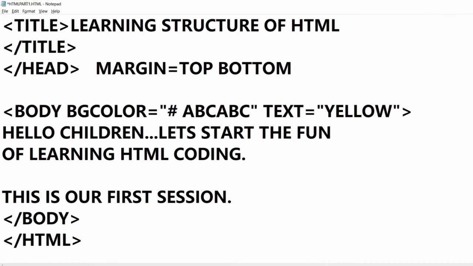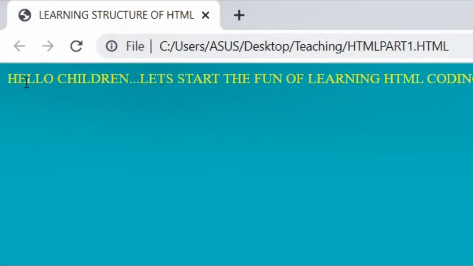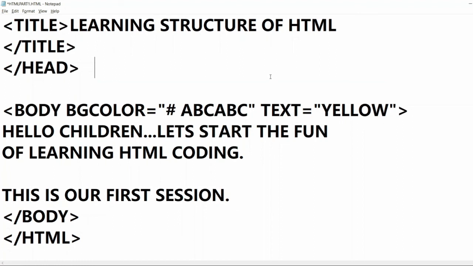Now there are a few more attributes which we will learn, that is about the margin. On the page also you see you have 4 margins, correct? When you draw any project or when you go for any drawing competition, the first thing is you set a margin. From all sides you draw the margin. Same thing we can do on our web page also. We have 4 margins. See, by default the margin given by the protocol is very less. See, minimum margin is left. By default it is equal from all sides, 5 pixel margin.